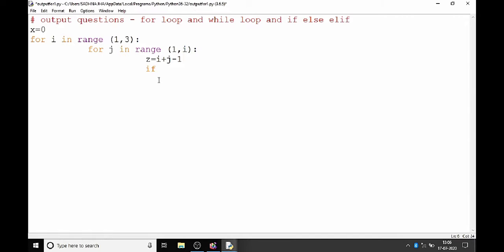If Z modulus 2 is equal to 0, x is equal to x plus z.